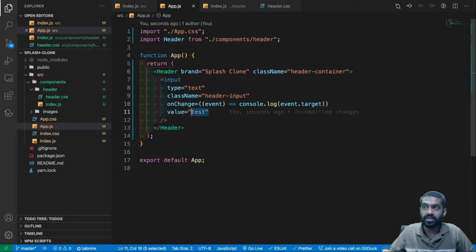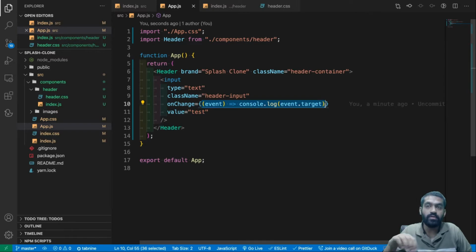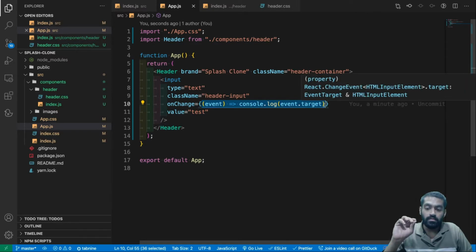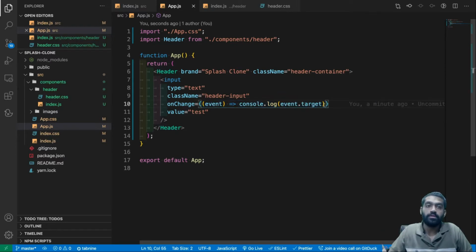But how do we change this value? If you remember, this was the case in the click counter, where we needed to change our counter but keep the state of the counter intact. So here, whenever we fire an onChange event, it will change the whole component.